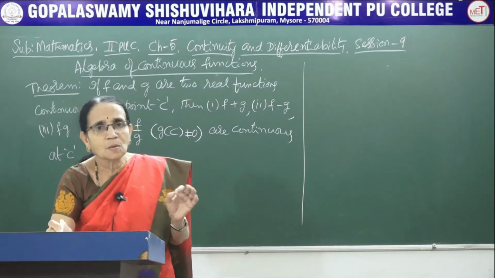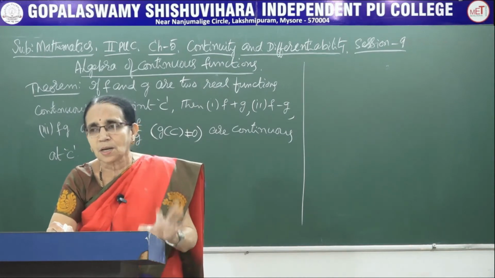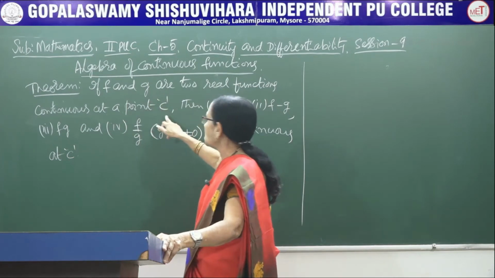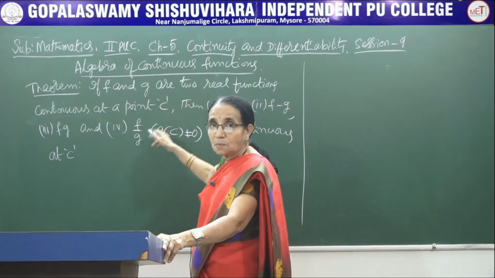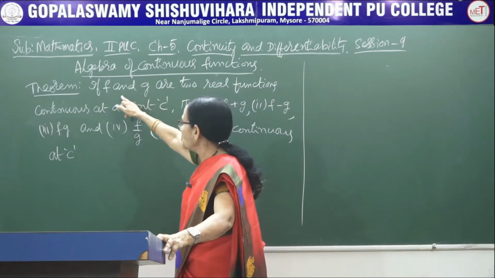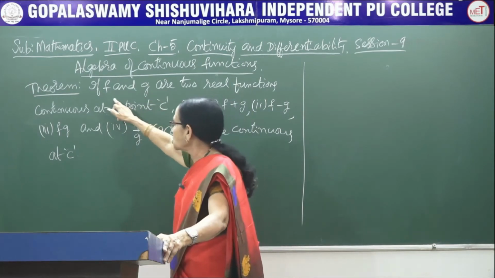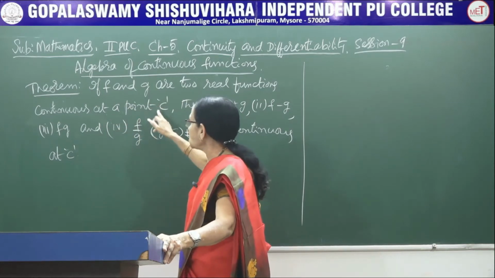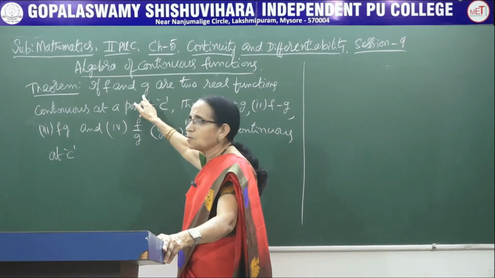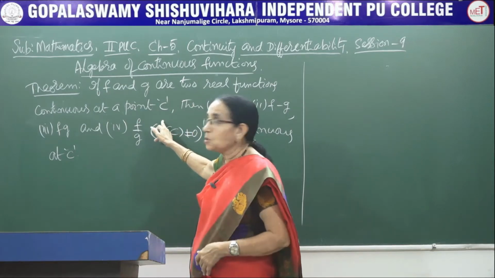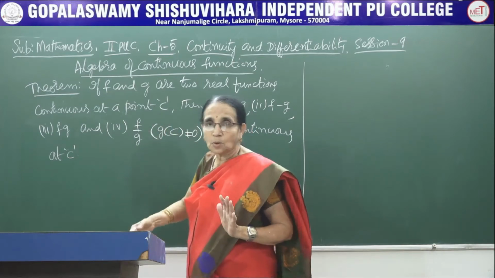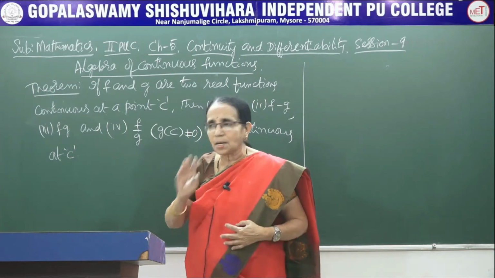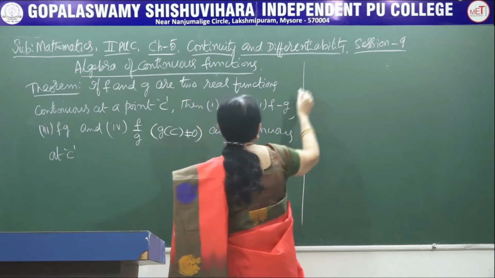Now, here we come to the definition of the continuity at a point. Look here, f is continuous, g is continuous at the point c, that is given. That means that the limit of the function f at c and the value of the function at c are equal to each other. Similarly, g is also continuous at the same point, means the limit as well as the value of the function would be equal at the point c. Okay, that is the meaning here. So, we consider the general definition of continuity at a point. Now, let me prove the result here.